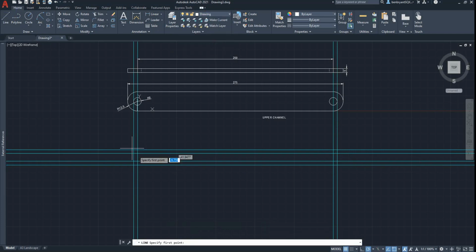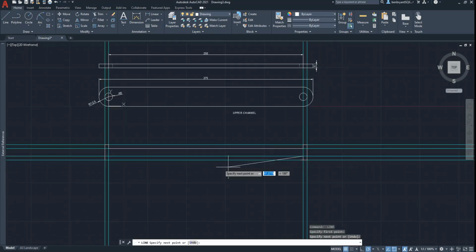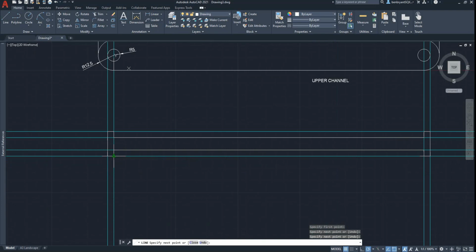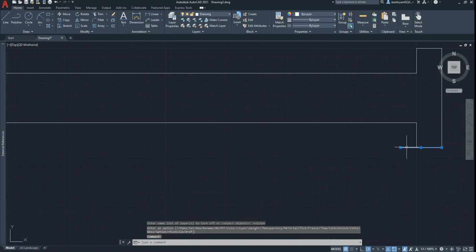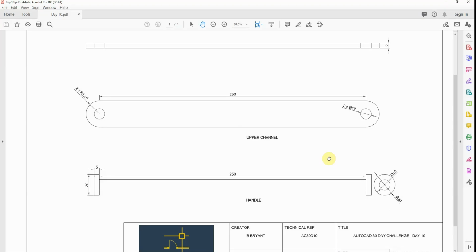So my drawing. Come around the clips like so, and if I just turn off my vision, you'll probably spot I've made a mistake, so I'm just going to come in, shrink that back, stretch it back like so,